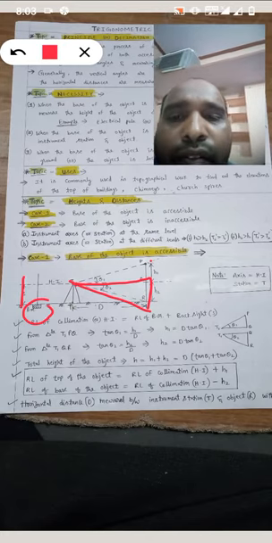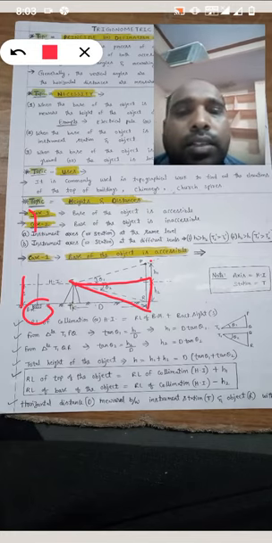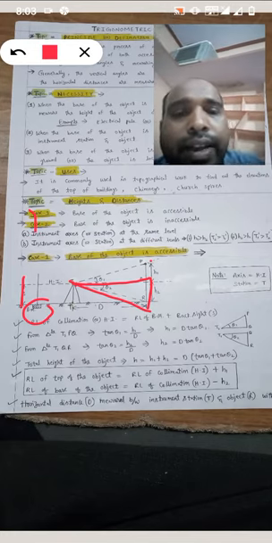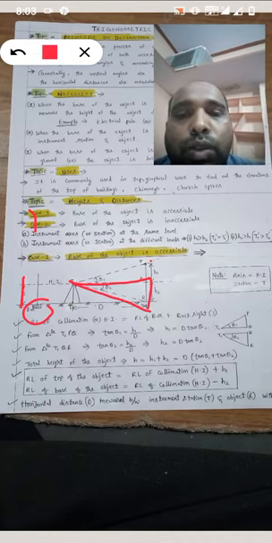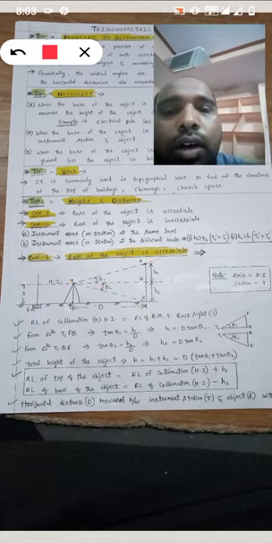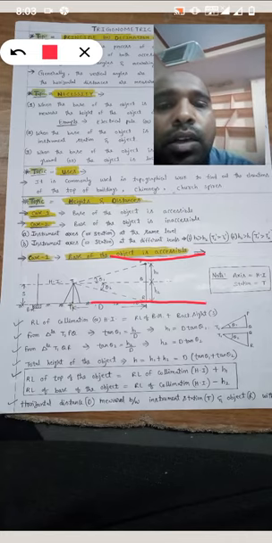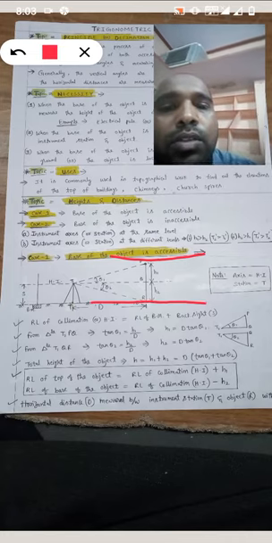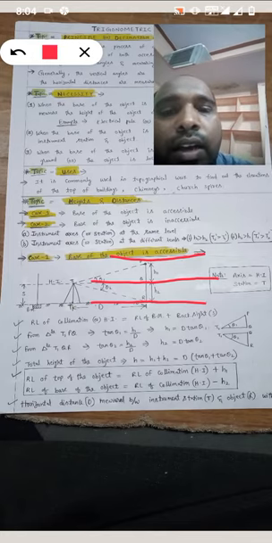So finally we find the height of the total object: h equals h1 plus h2, which is d tan theta 1 plus d tan theta 2. Next, the RL of the top of the object. This is the top of the object, and this is the RL of the benchmark. This is the RL of collimation. So the RL of the top of the object equals RL of collimation plus H1.